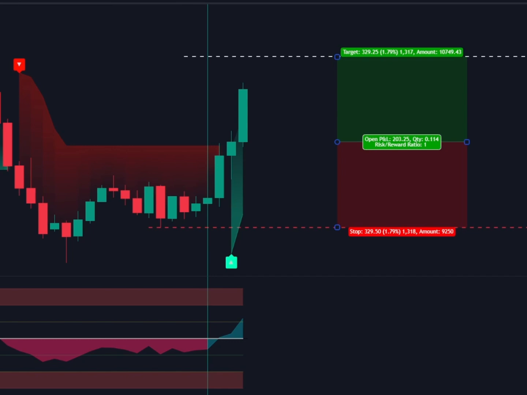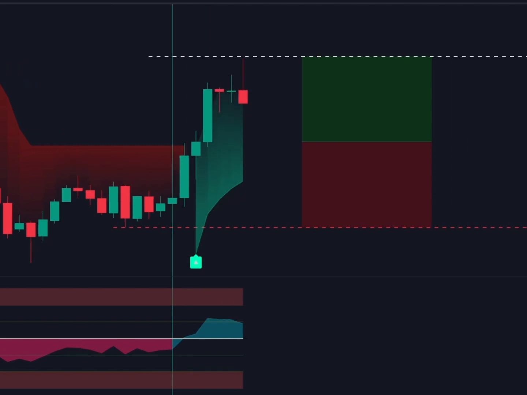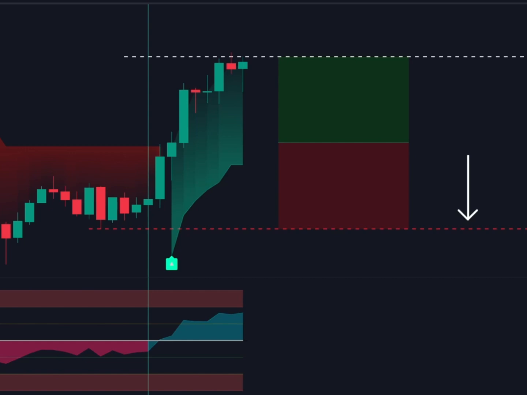Firstly, we place a protective stop at the recent low point before the break, or even at the low of the bar that broke the super trend. We then calculate a 1-to-1 risk move higher and mark off both levels on the chart. Then we wait to see which level price reaches first. Here price reached the 1-to-1 target first, so now we will cancel the original stop and start to use the